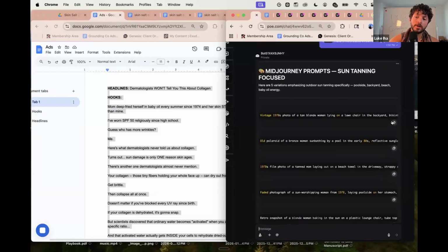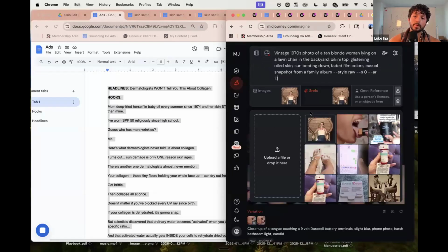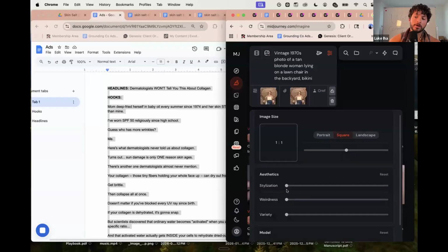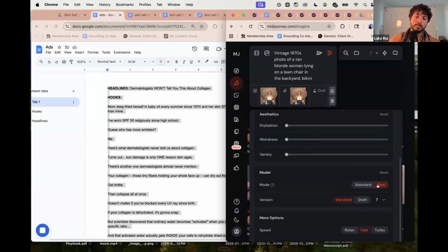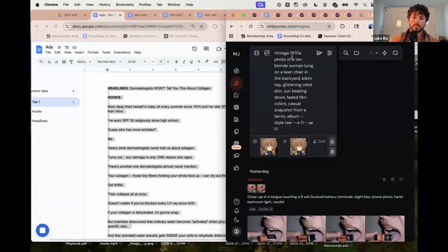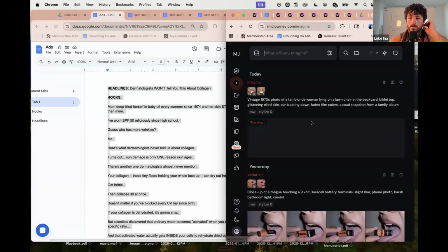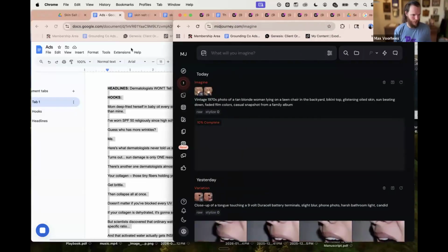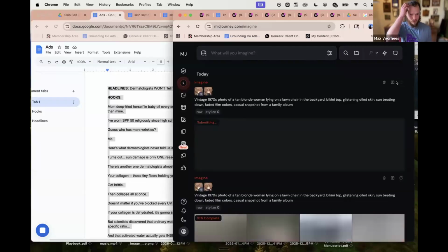So you find the reference image and then you take these different prompts and pop them in here. The key to getting really good ones is to make sure you go into your settings and that your stylization is turned down and the mode is raw. Yeah, Max, you made an SOP for this, right? Yeah, but after watching you do it, I need to change a couple things at the end, like add the visual stylizations and stuff. Cool.